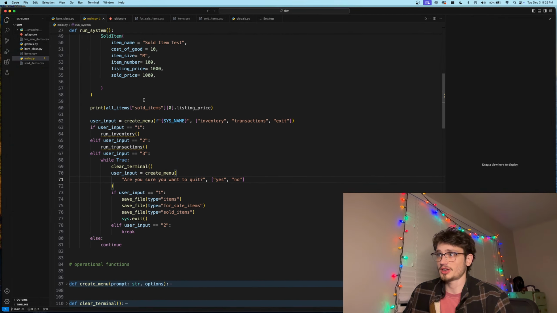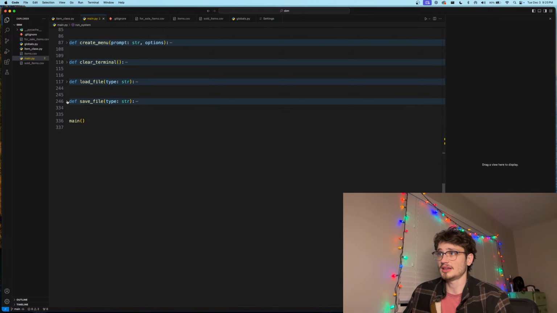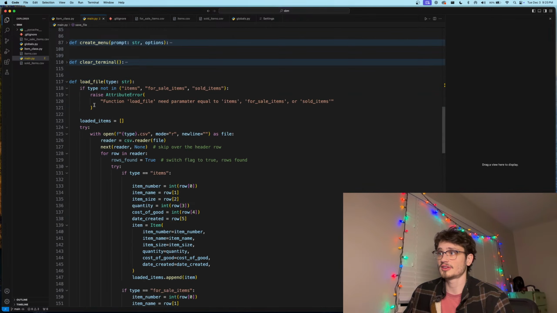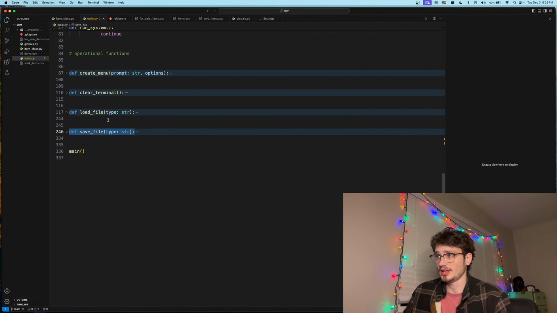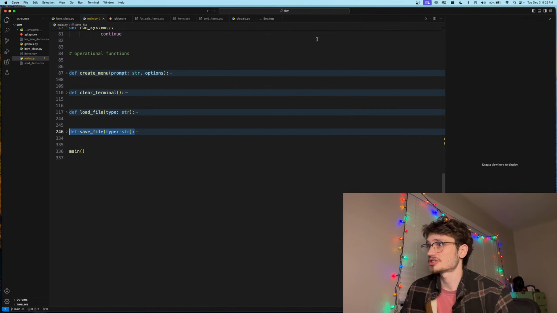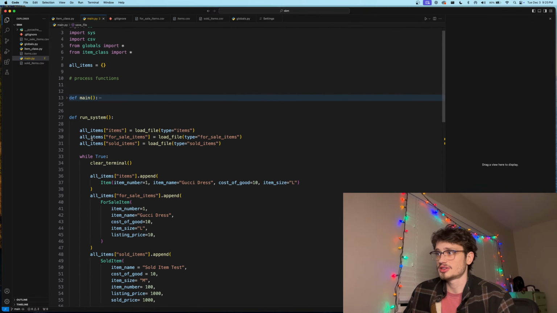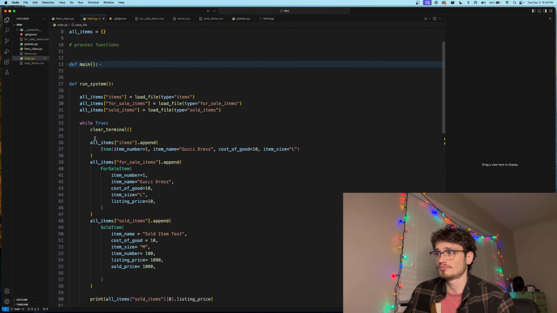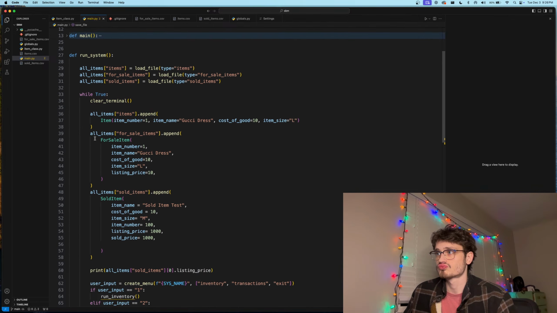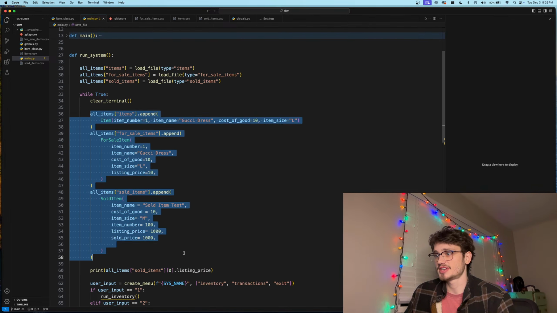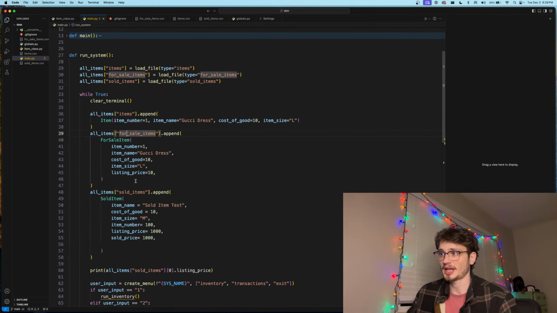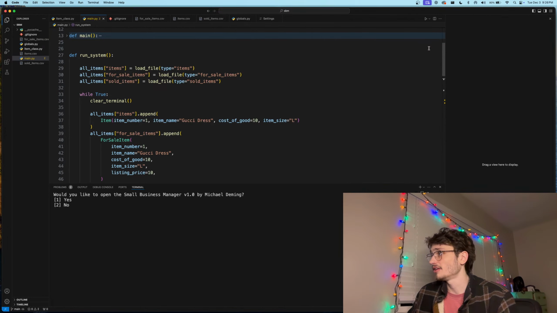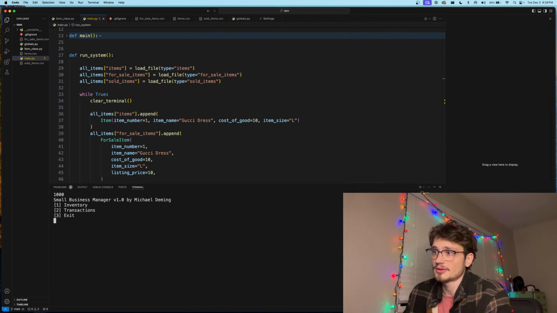So for those that weren't here, we wrote in the load file and save file functions the other day. So now if we go ahead and run the program, I have a couple of dummy creations of items right here, an item, a for sale item, and a sold item. So if I go ahead and run this and we get into here,